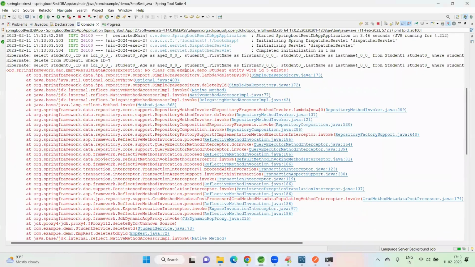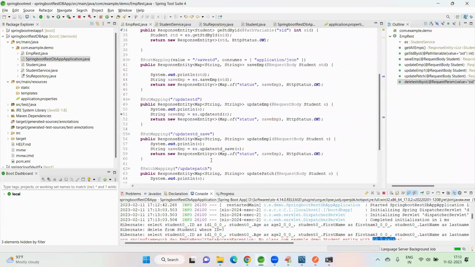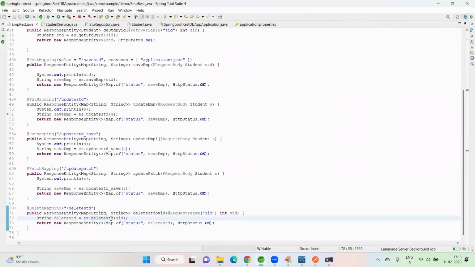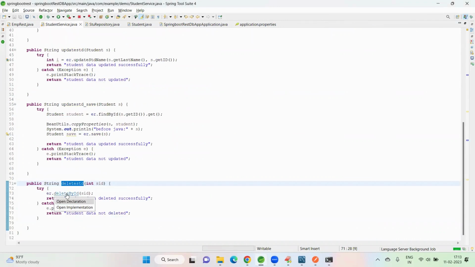Okay, no class for ID. With ID there is no such entity. No class student with entity ID 5. Okay, it's clearly giving the information. I think it is very simple to do the CRUD operations, and on top of this, I told how to work with